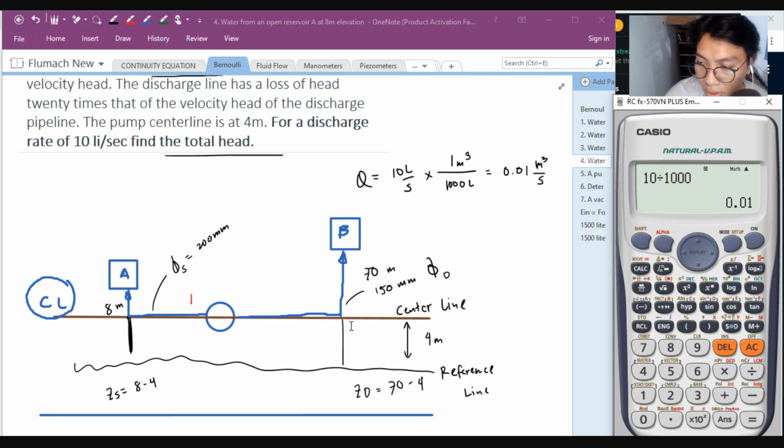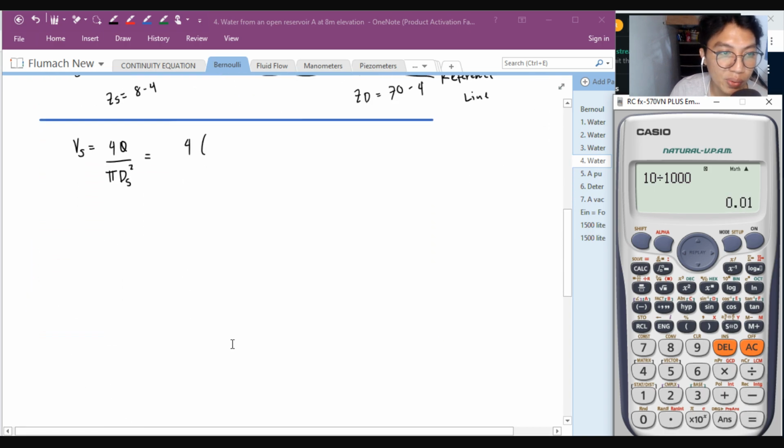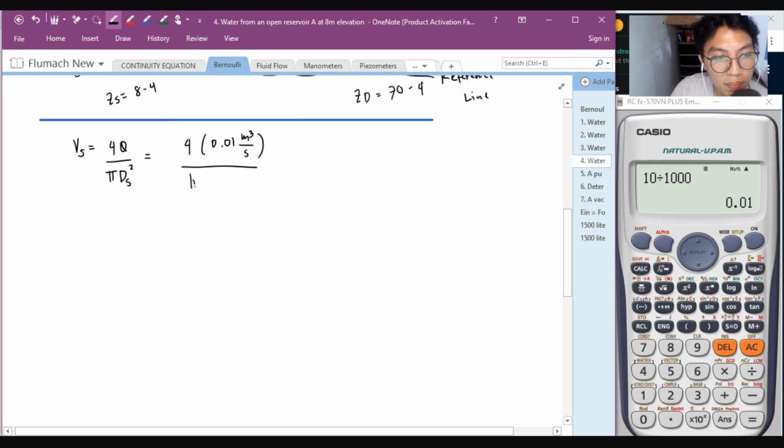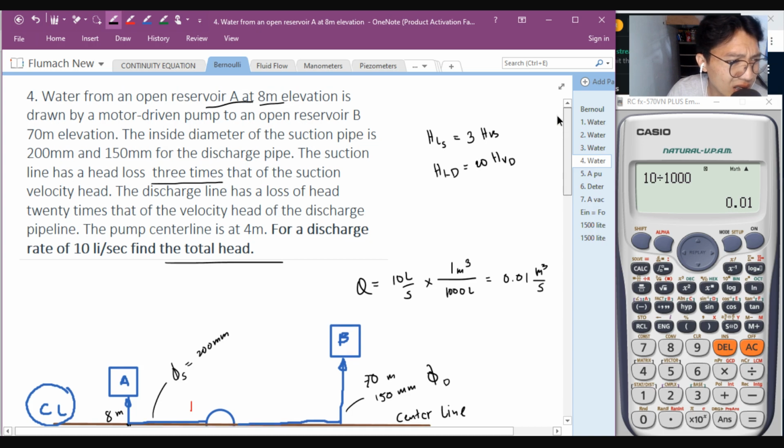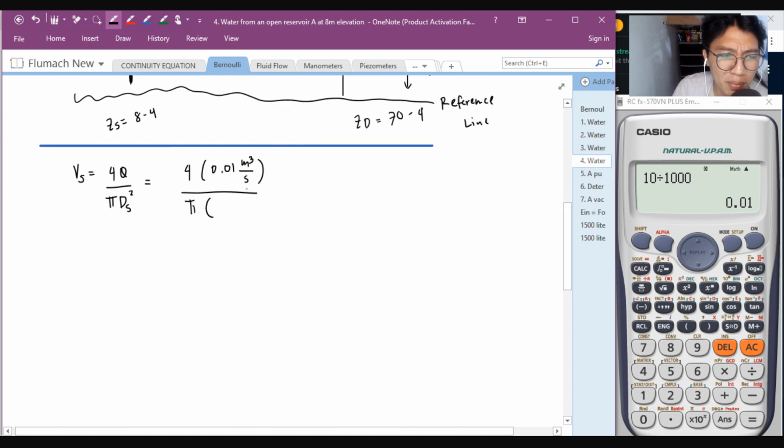That is 0.01. Correct ako. So, meron tayong 0.01 meter cube in every second. Divide by pi. Okay? Pi tapos ds dyan. Suction, that is 200 mm. Divide mo na ng 1,000. 200 divide by 1,000